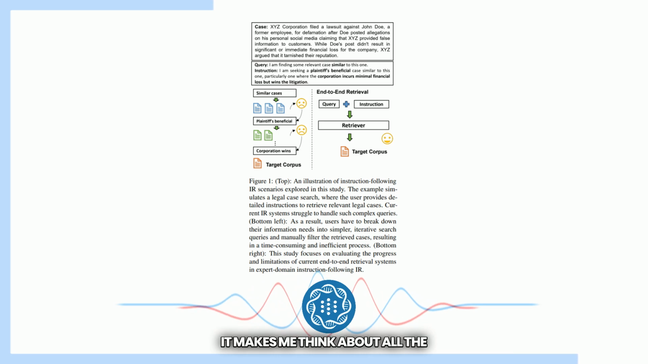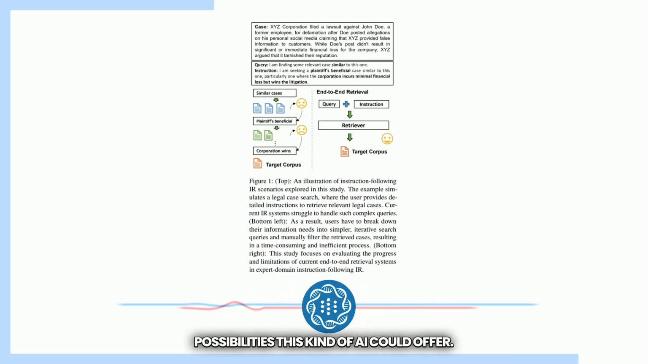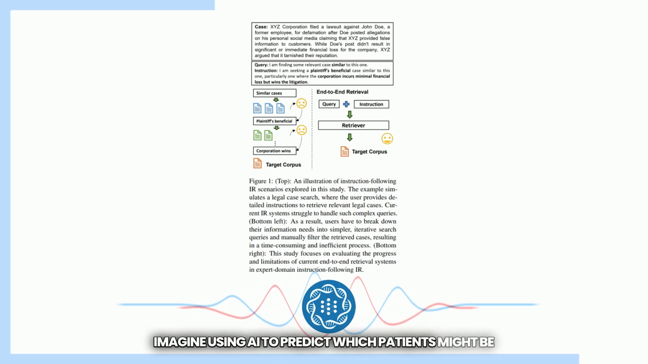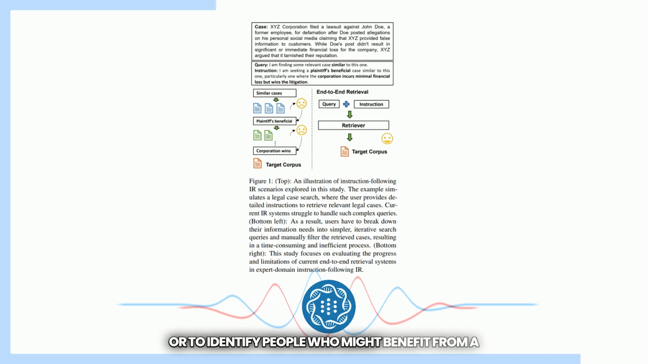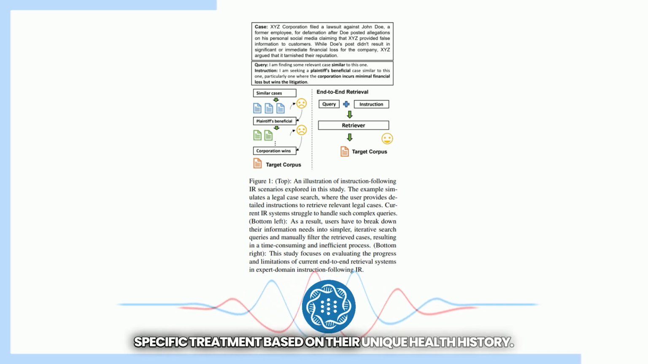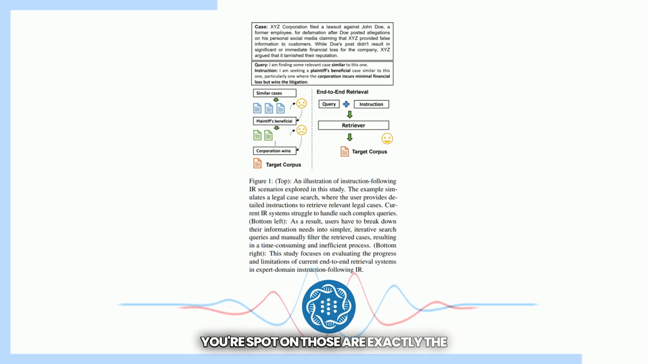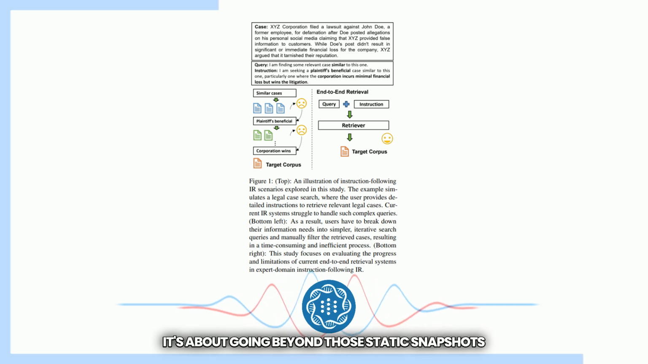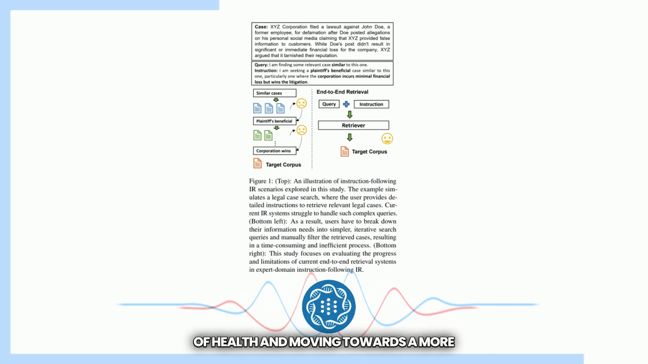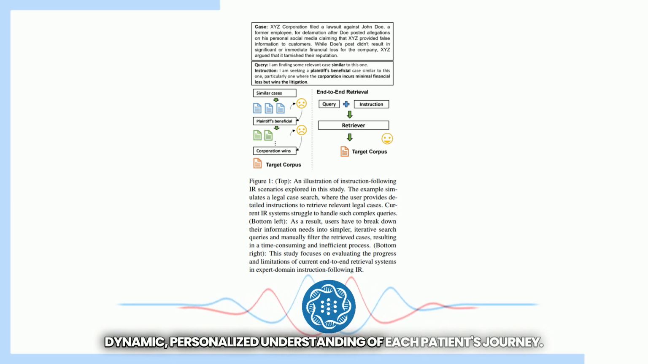It makes me think about all the possibilities this kind of AI could offer. Imagine using AI to predict which patients might be at risk for complications from a certain condition, or to identify people who might benefit from a specific treatment based on their unique health history. You're spot on. Those are exactly the kinds of doors this research opens up. It's about going beyond those static snapshots of health and moving towards a more dynamic, personalized understanding of each patient's